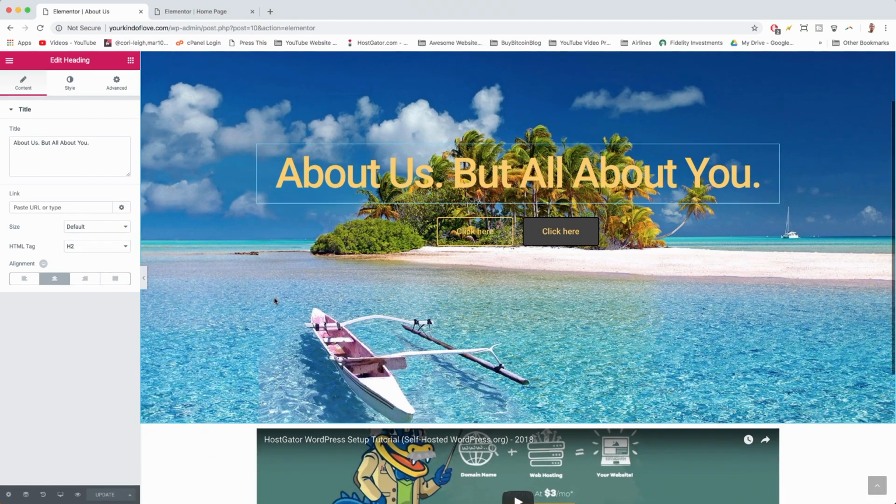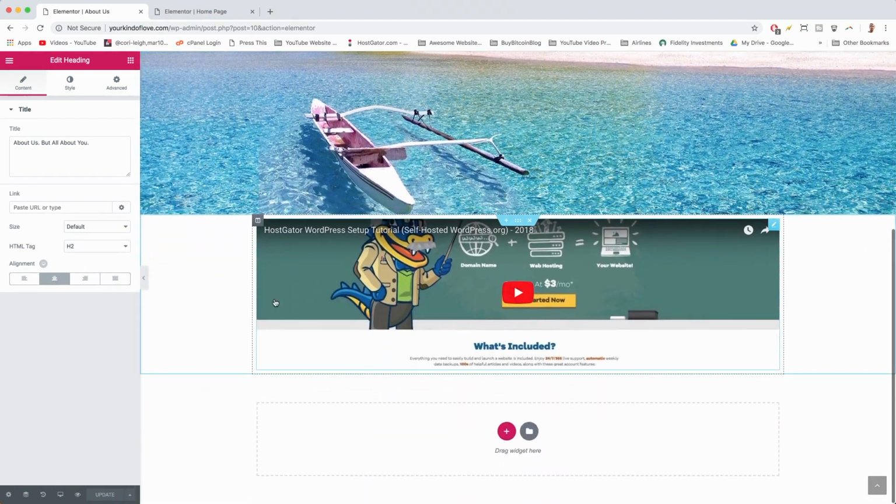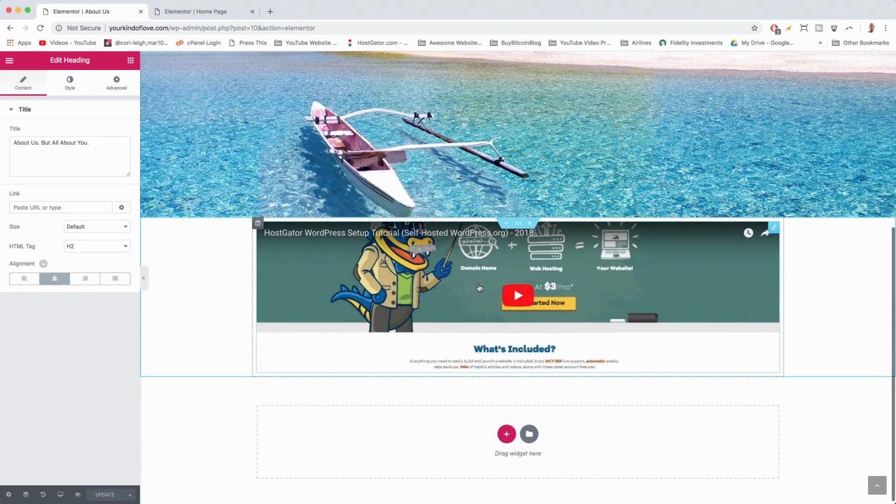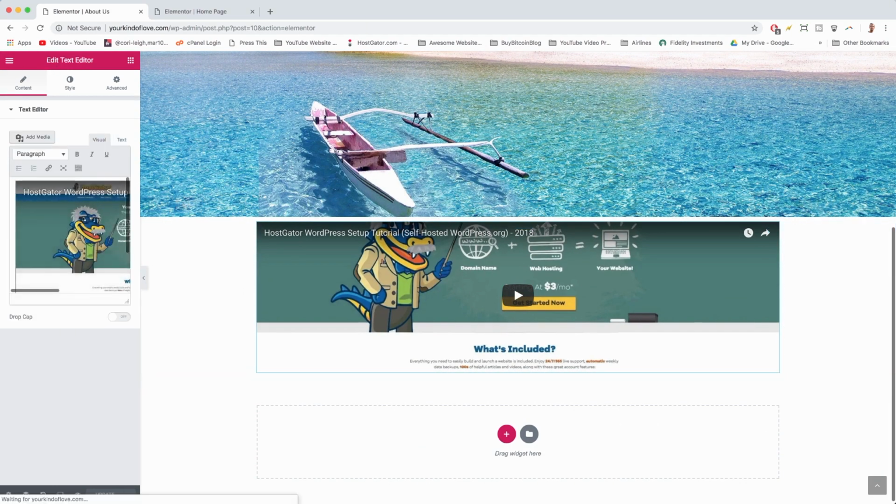Alright, the next step we want to do on our About page is just change up the video. And you'll see that the video is sitting inside a text editor, because earlier on in the video we just pasted some YouTube code into the WordPress editor. So we actually want to move this video into a different element. Right now it's in a text editor, as we can see here, and we want to make it its own video element, and that way the whole video will show up. Simple as that. So what I like doing is just clicking the video title and opening it